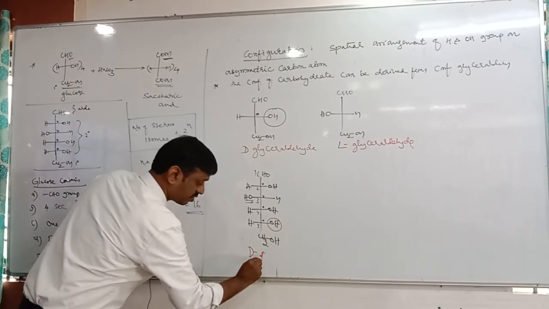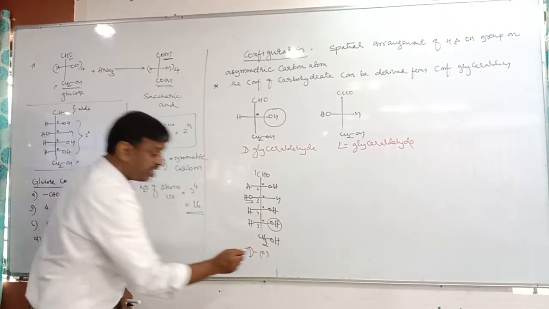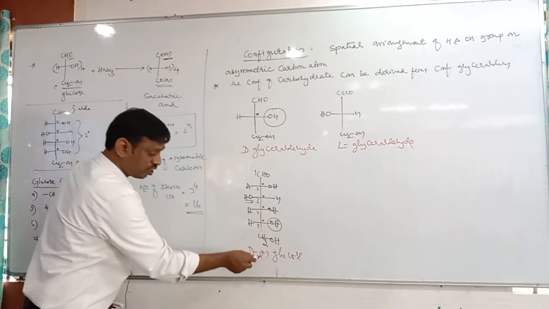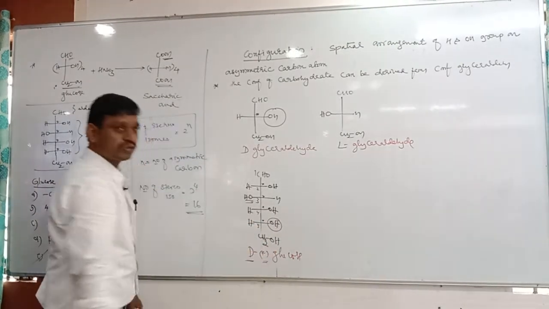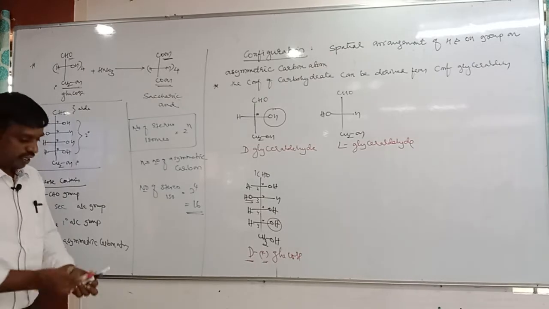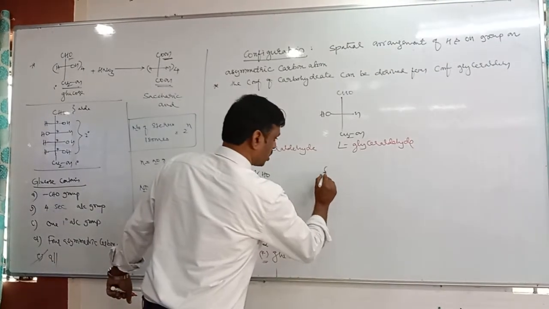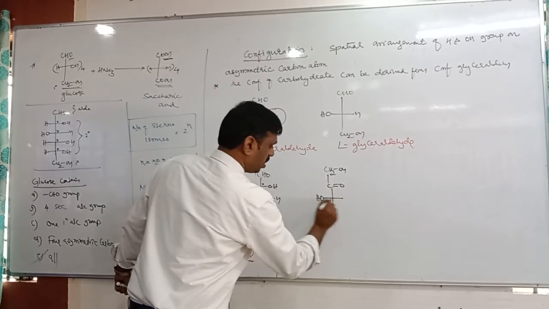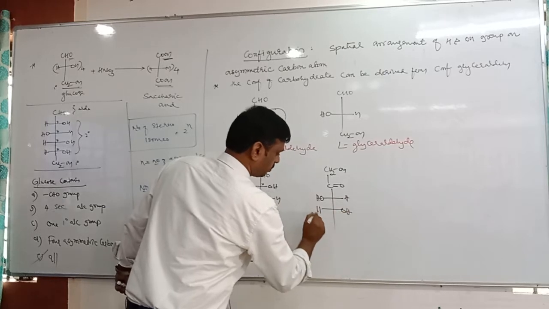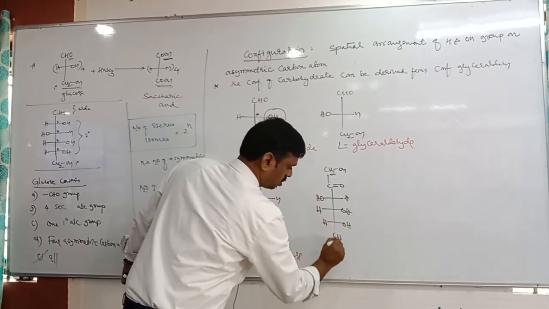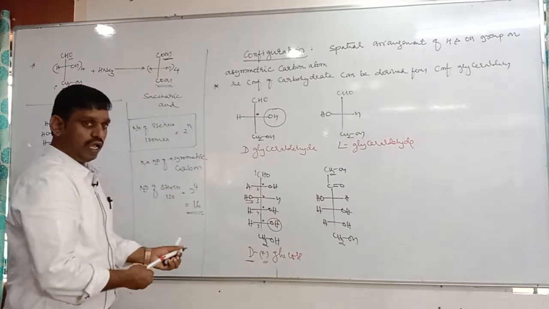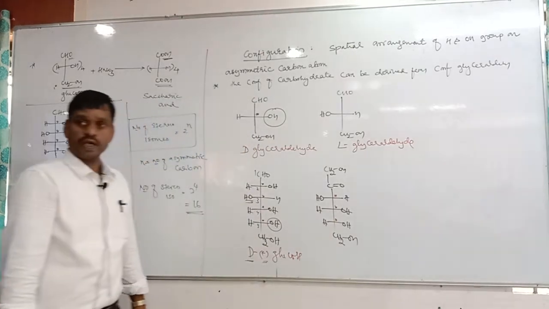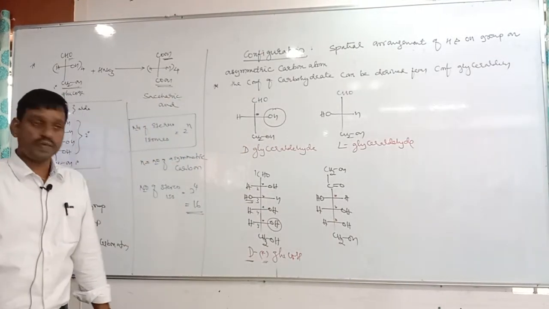D plus or minus? It is plus, because dextrose, so D plus glucose. Therefore, here D indicates configuration, plus indicates rotation, and this is glucose. Next, similarly, take the fructose. We know the structure of fructose: CH2OH, C double bond O, third carbon left side, fourth carbon right side, fifth carbon same, sixth carbon CH2OH. Again here, the number of asymmetric carbons: 1, 2, 3. Fructose has only three asymmetric carbons.